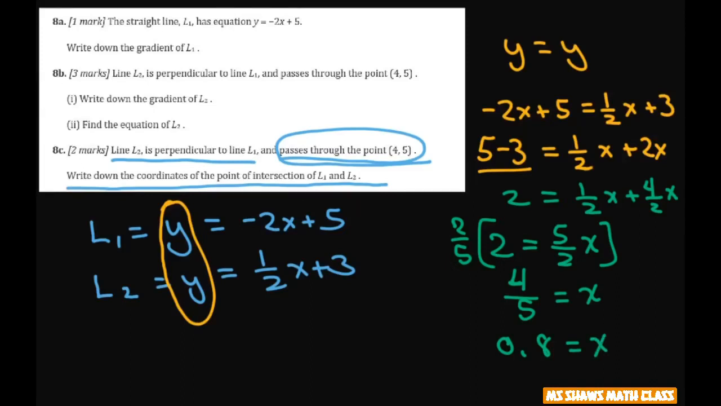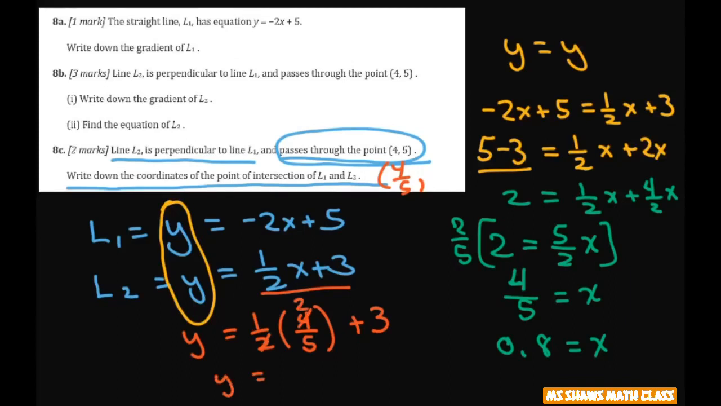So we have to find the point. We found the x. The x was 4/5 or 0.8. So now to find the y, we just plug it back into one of these. So let's plug it into this one. So y is going to equal 1/2 times 4/5 plus 3. So that's going to give you, 2 goes into that 2 times. So y equals